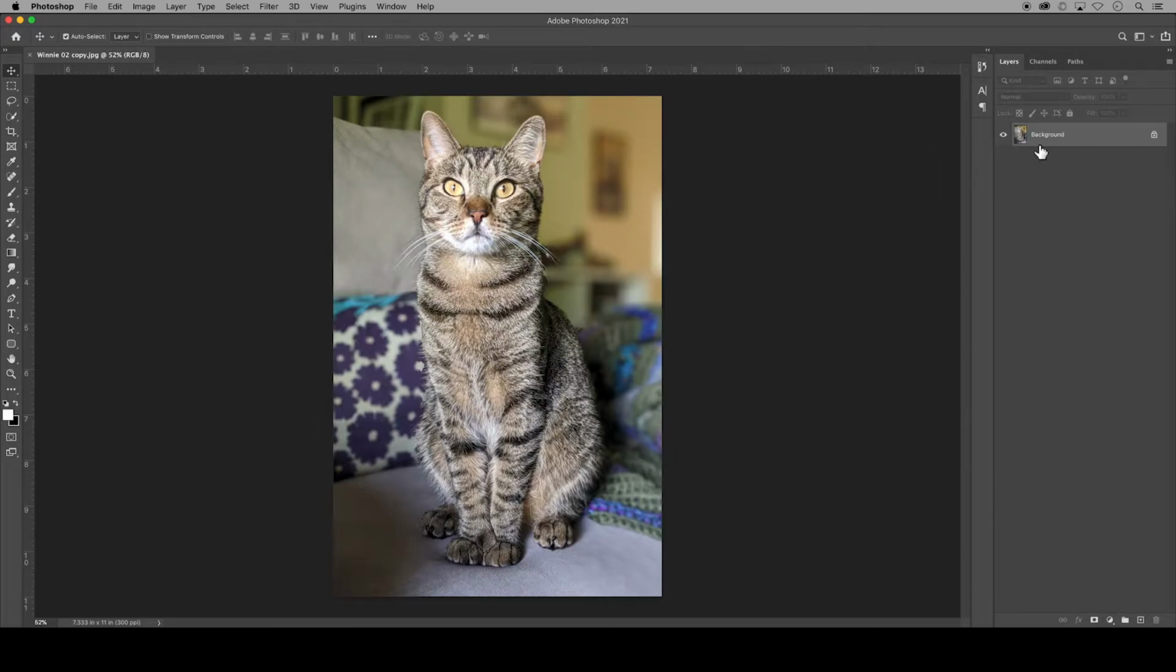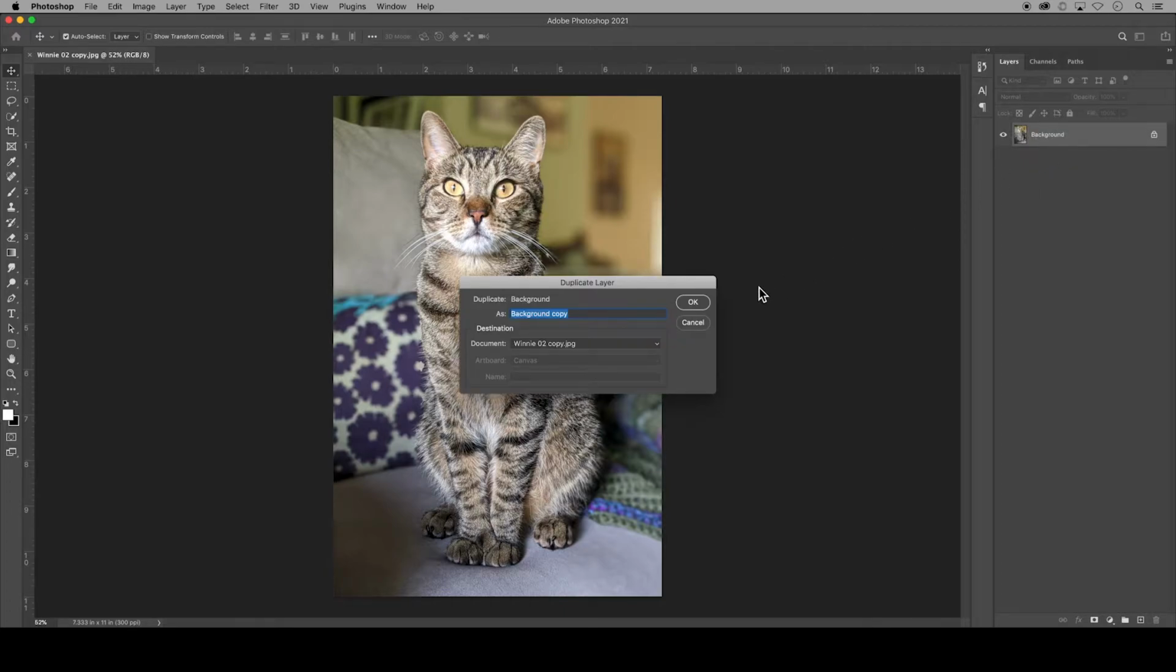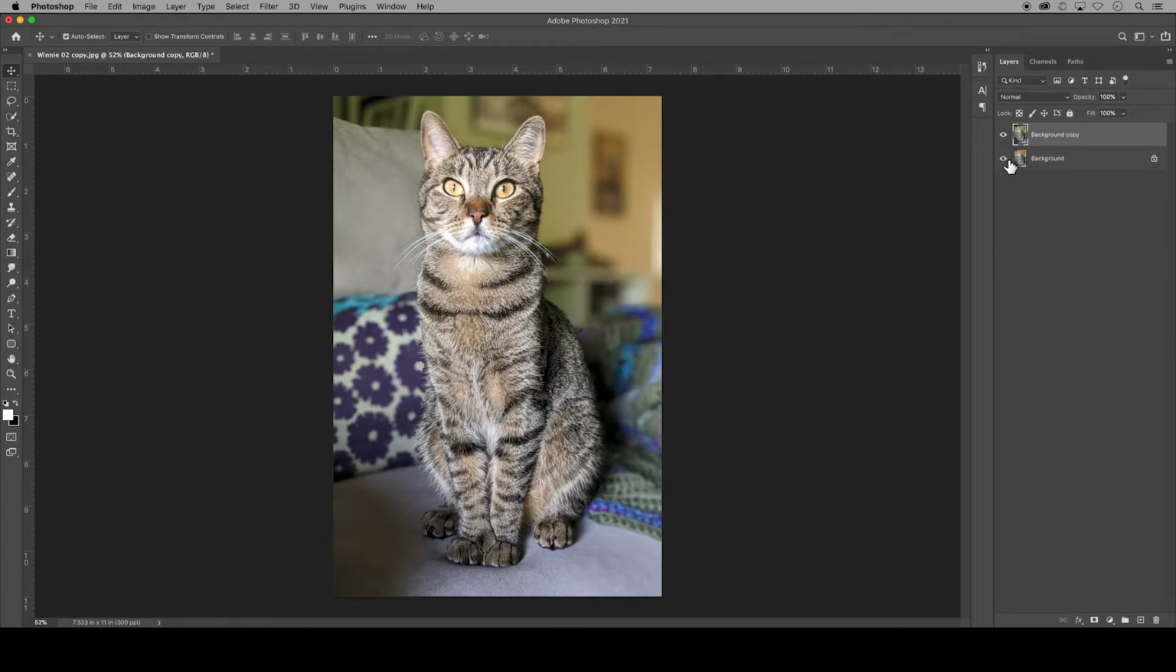With an image already open in Photoshop, I like to right-click on my background layer, duplicate it, and then turn off the visibility of the original layer just for safekeeping. You don't have to duplicate your image, but you do need to make sure the layer you're working on is